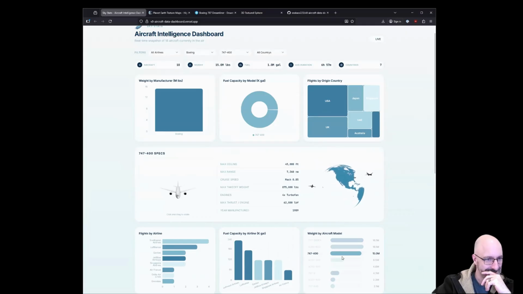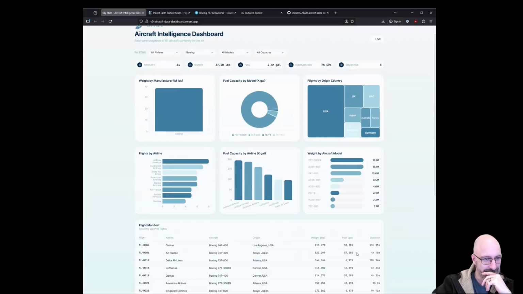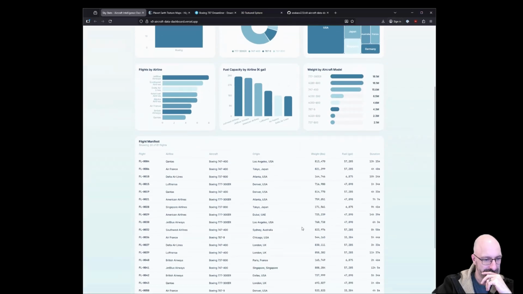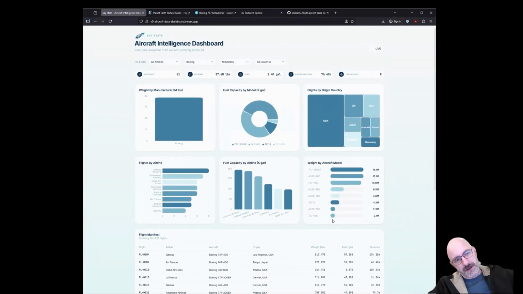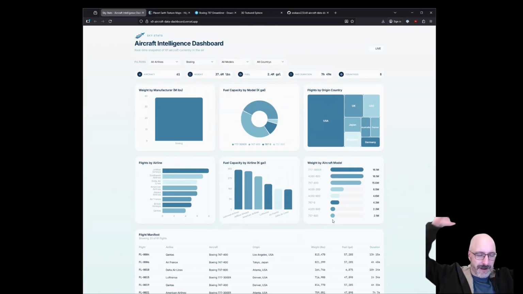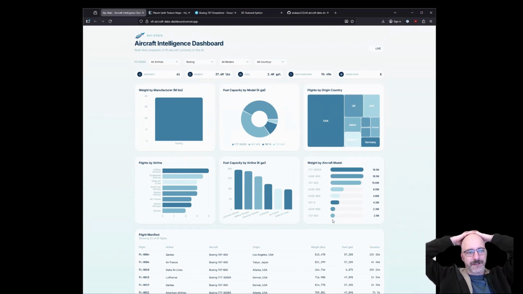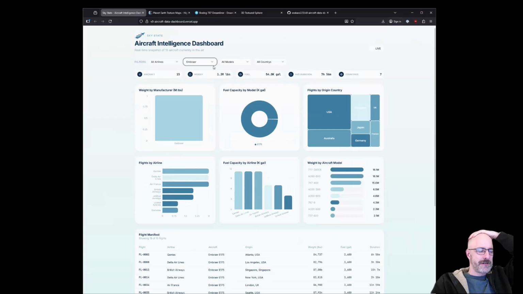I'm happy with it. I spent longer than I wanted to, but I wrote zero code. This was all done in React, and I've only worked with React at one former job. I've done a ton of Angular, but I've primarily been back end and cloud stuff. So this was really fun to just be able to do it just through natural language. Very, very cool. These filters work too.